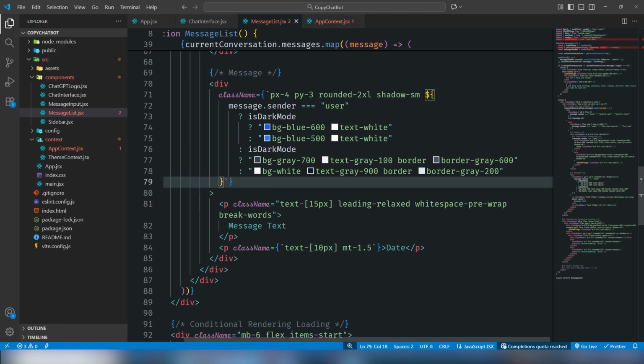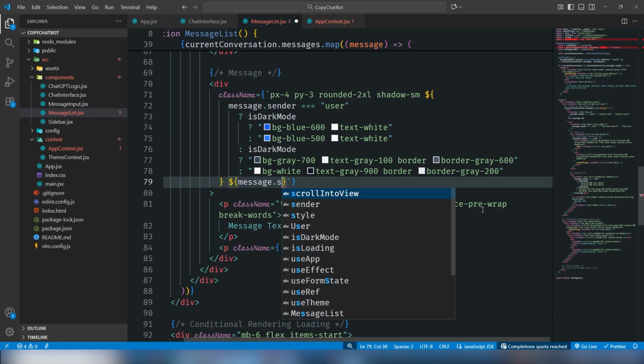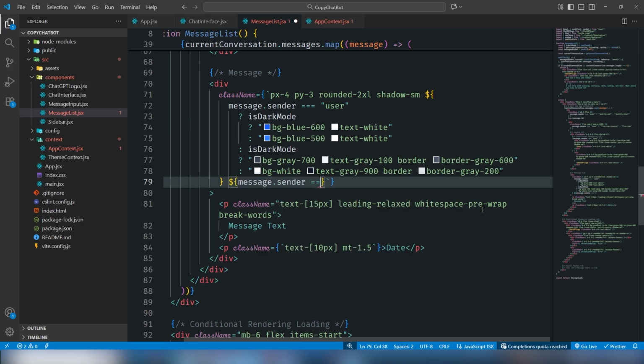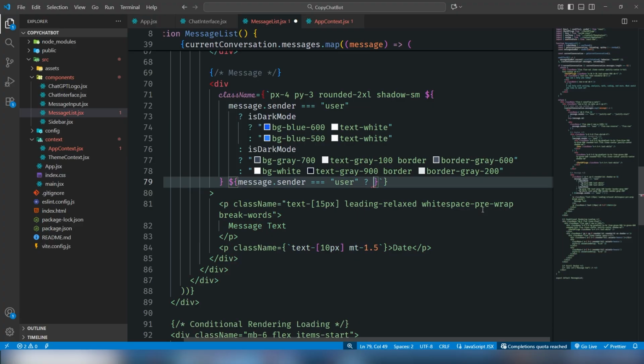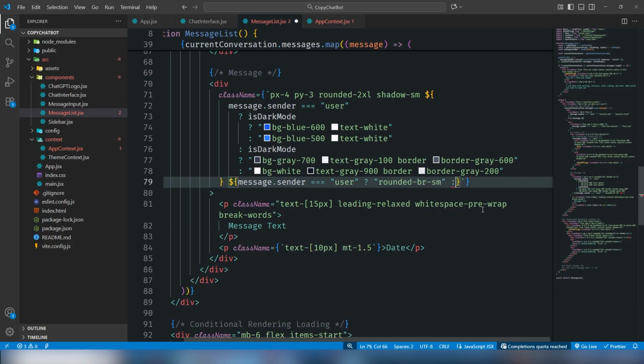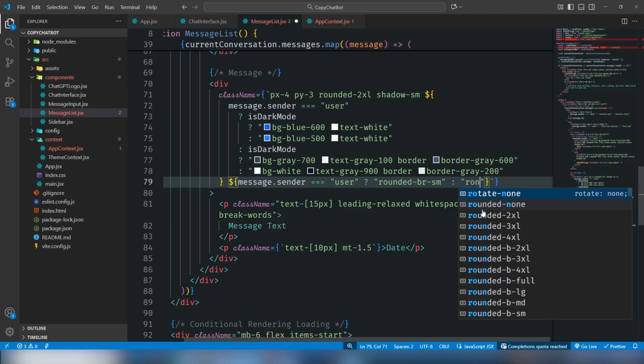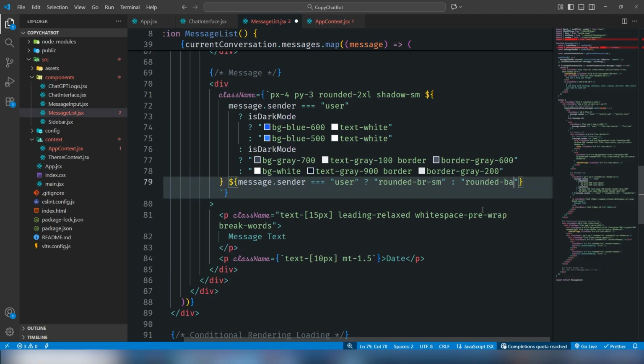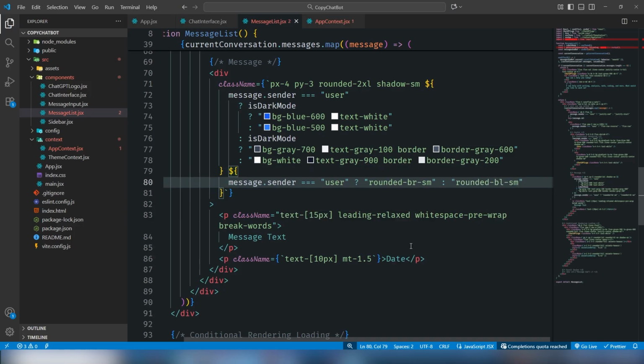But last thing I'm going to add, message.sender is equal to user, rounded br sm, otherwise rounded bl sm. Okay, that's perfect, guys. So I'm going to add the message, the text,